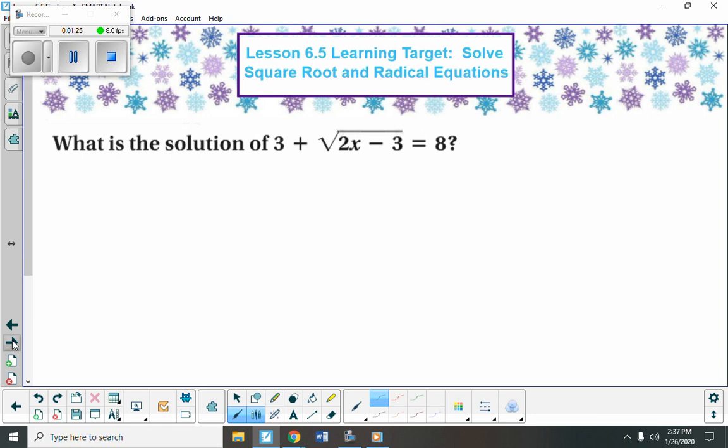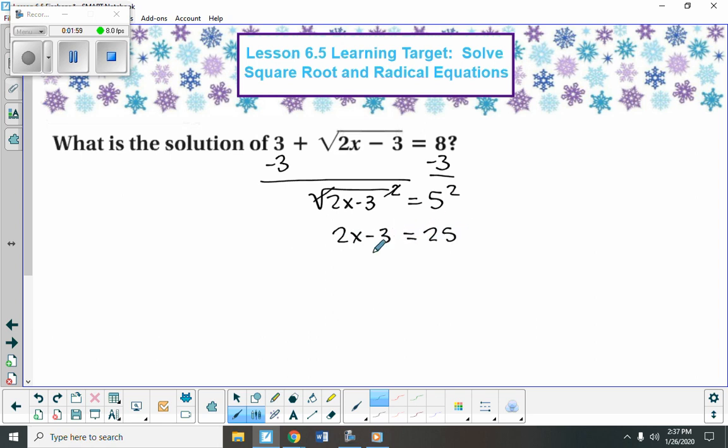So when we're solving equations that have radicals, the first thing we want to do is isolate the radical term. So this has a plus 3. So first we're going to subtract 3 from both sides. So we have the square root of 2x minus 3 equals 5. The x is inside the square root, so we have to get rid of the square root. The opposite of taking the square root is squaring, and if you square one side, you have to square the other. So then on this side, we have 2x minus 3, and then 5 squared is 25,